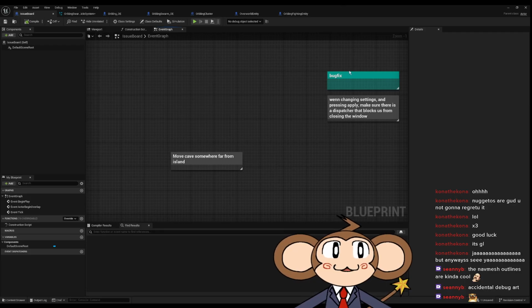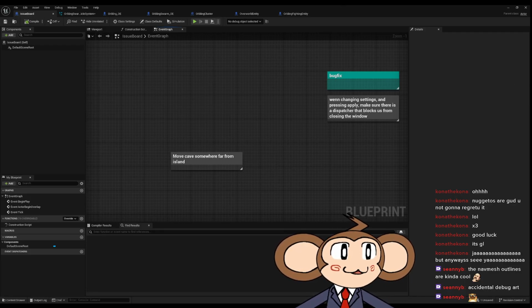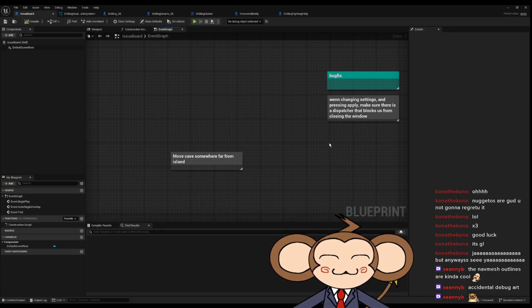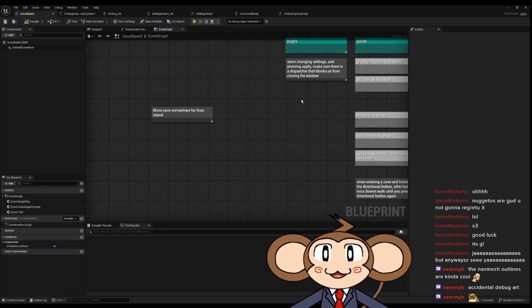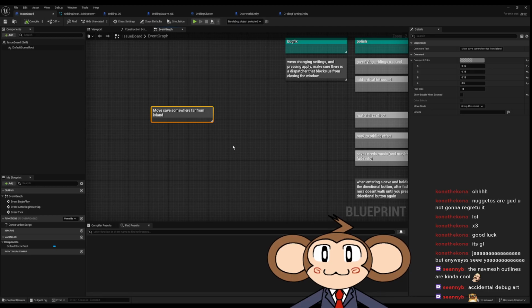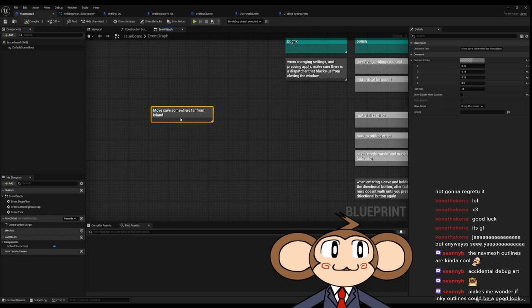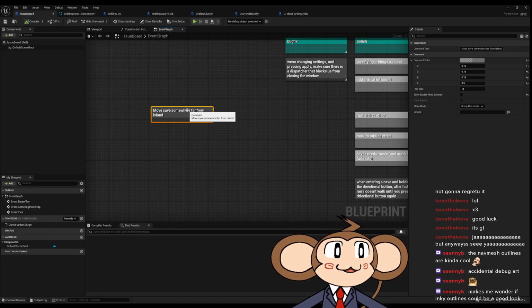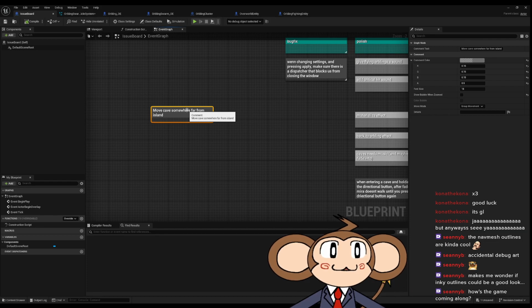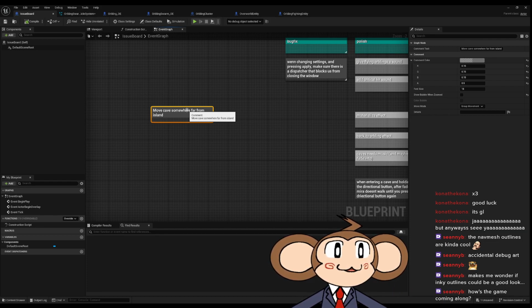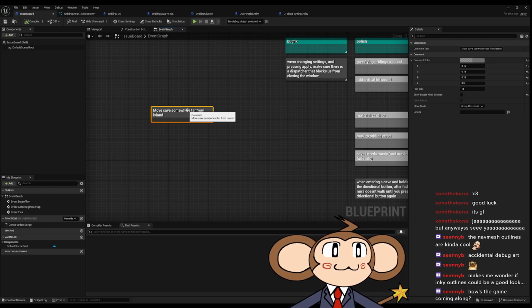So now that I solved almost everything that is easily solvable, I'm not sure what I should do next. Move cave somewhere far from island? That is like not an issue we should tackle now. I'm pretty good, actually. Yeah, maybe, but